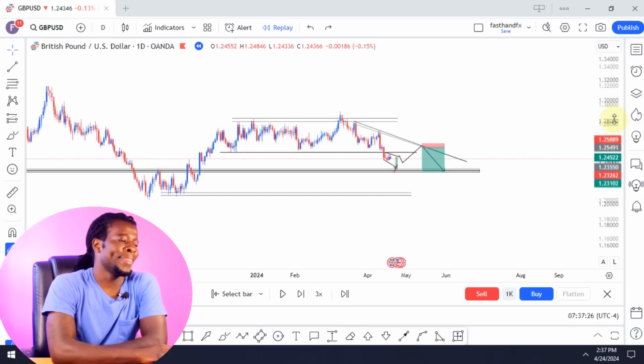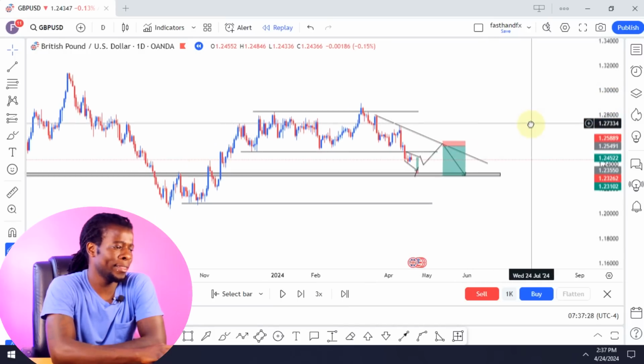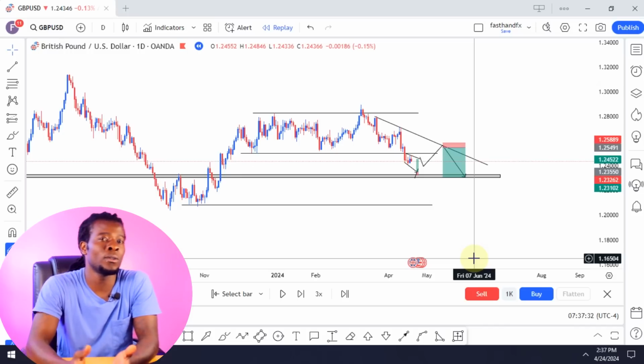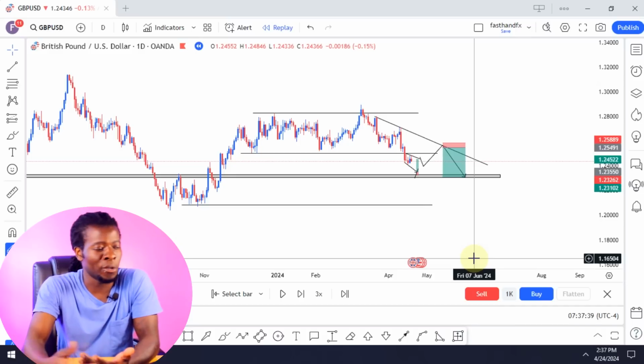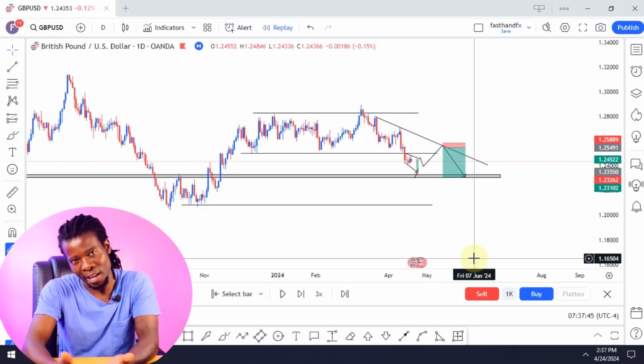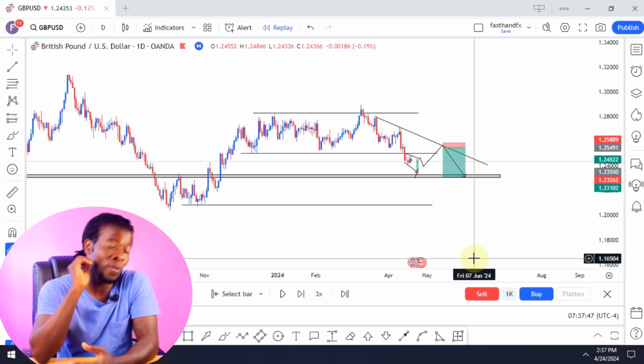So there's this thing, guys, that when the market breaks out of a support, most people expect pullbacks, which is okay. You expect a pullback, then you take your sell because the market broke out of support. Okay, and of course, when the market breaks a resistance, you expect a pullback and then take a buy. Okay, but that's not the case, guys.